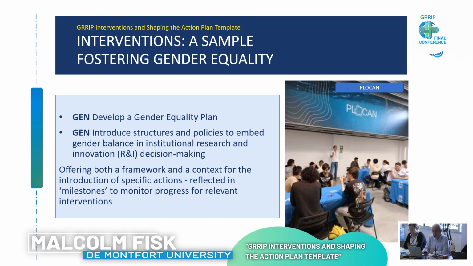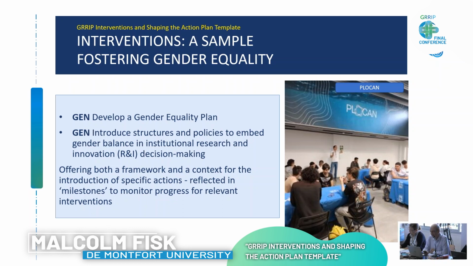Another one here concerned with gender equality, very strong for some of the partners here in terms of their eagerness and energy they put into developing or working on interventions that related to this particular pillar. A very, very simple, if you like, or straightforward. I say simple, it wasn't simple because the detail is obviously important here.